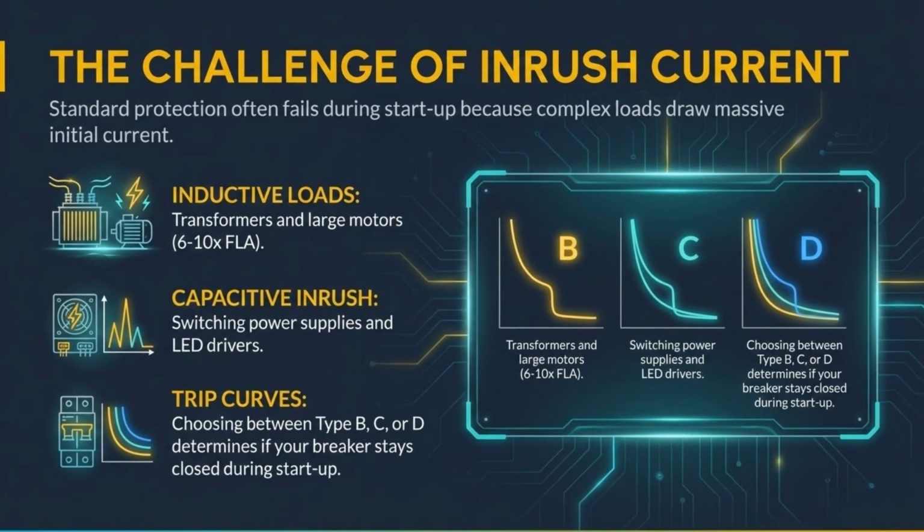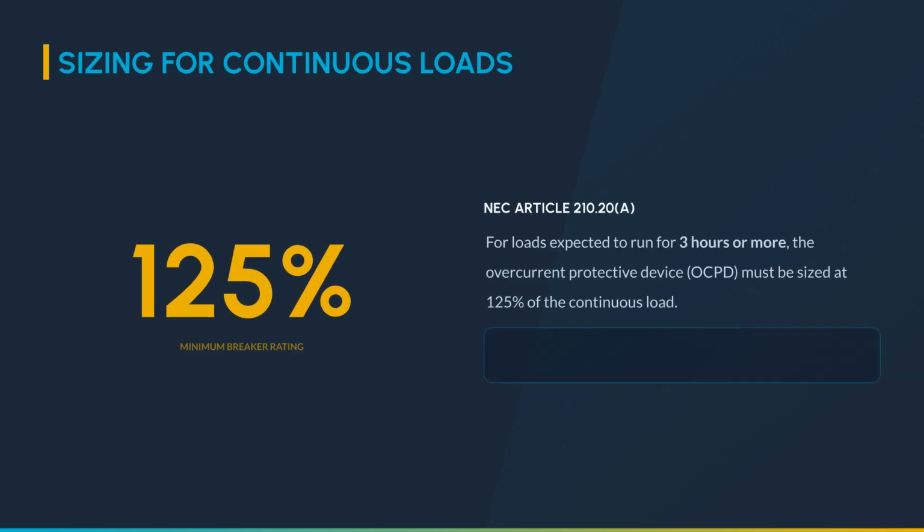This visualization shows the difference in trip curves. Type B is most sensitive, while type D allows for the highest inrush current, making it suitable for heavy inductive and capacitive loads. When sizing for continuous loads, the NEC Article